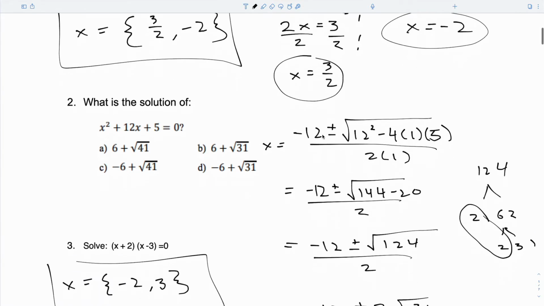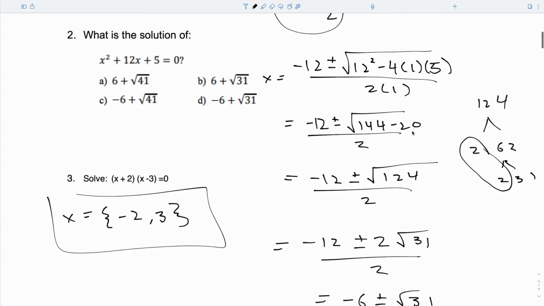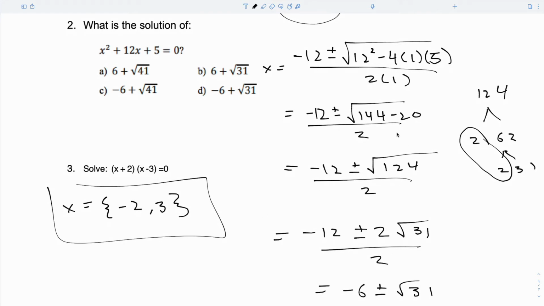Number 2, you should have set this up with quadratic. You could have possibly set it up with completing the square by moving the 5 over. I just went the quadratic route. Go ahead and talk through this if you need to, but here are the steps. When you get down to step number 4,